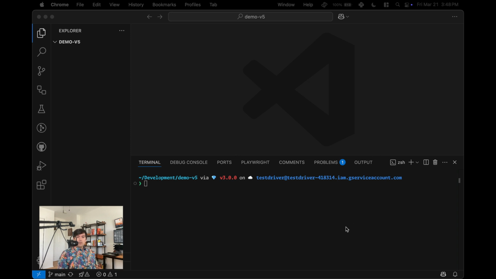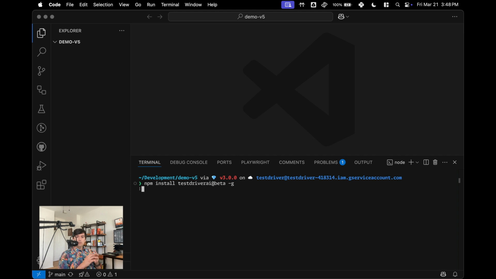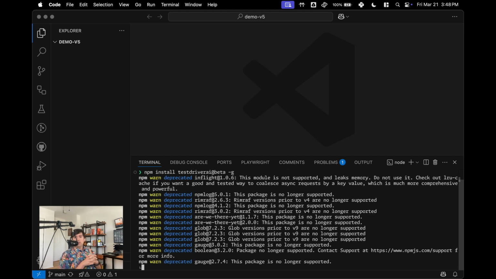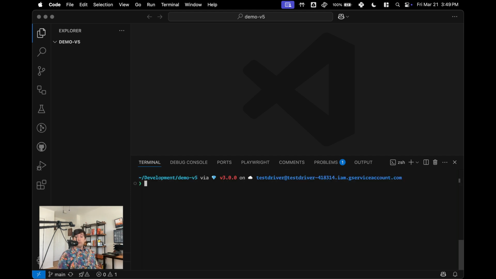In order to install TestDriver v5, you need to run npm install TestDriver AI, but use the beta tag. The beta tag will get you the version 5 release, while if you don't use it, you'll get v4, which doesn't include the Linux sandboxes that we're looking at today. Now, after that runs, you're just going to run TestDriver AI init, and that's going to help set up your